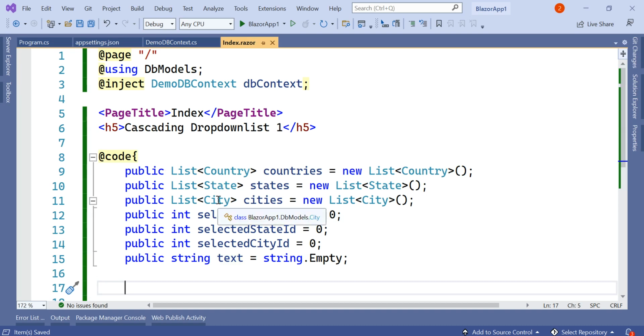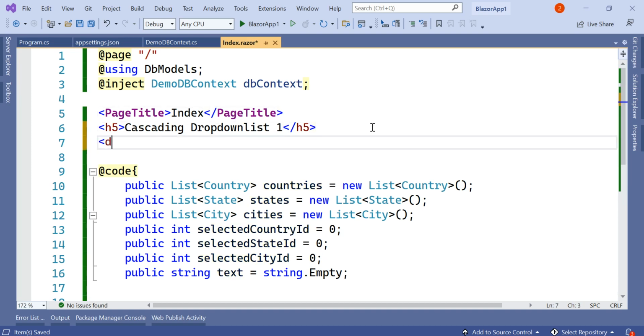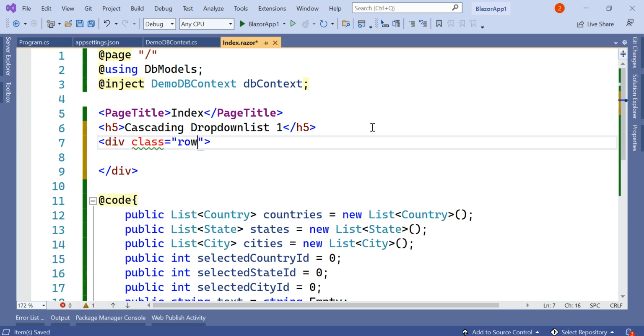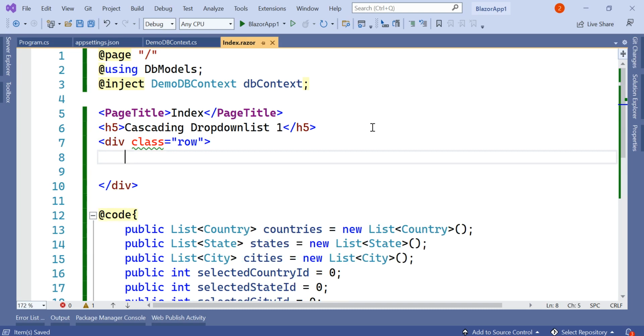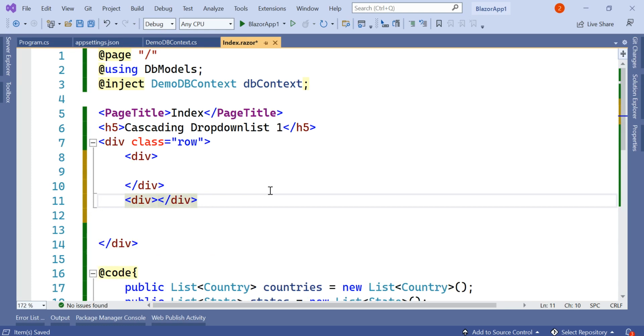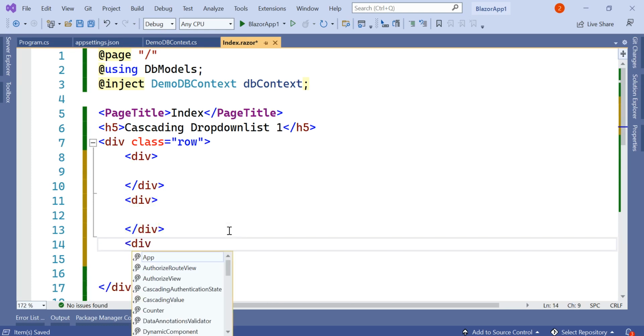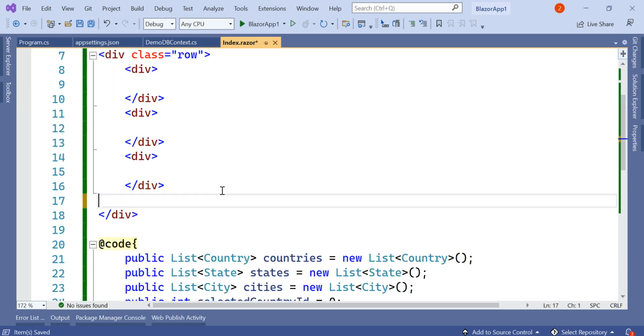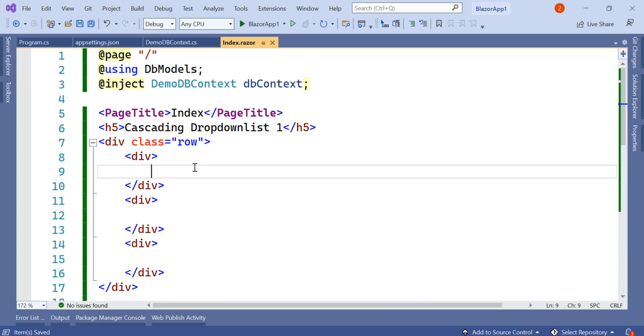Now what we are going to do is create a div structure, and the class we are going to apply is a row. So this class is part of Bootstrap. By default, the Bootstrap library is inherited in this Blazor app, so we don't have to include it anywhere. This is a Bootstrap class, row. So inside this, we are going to have three divs inside that row,